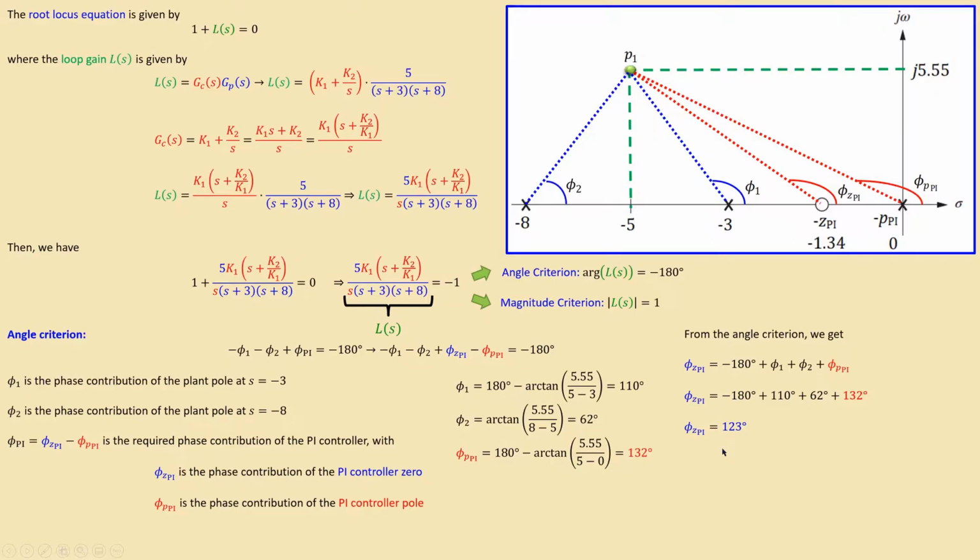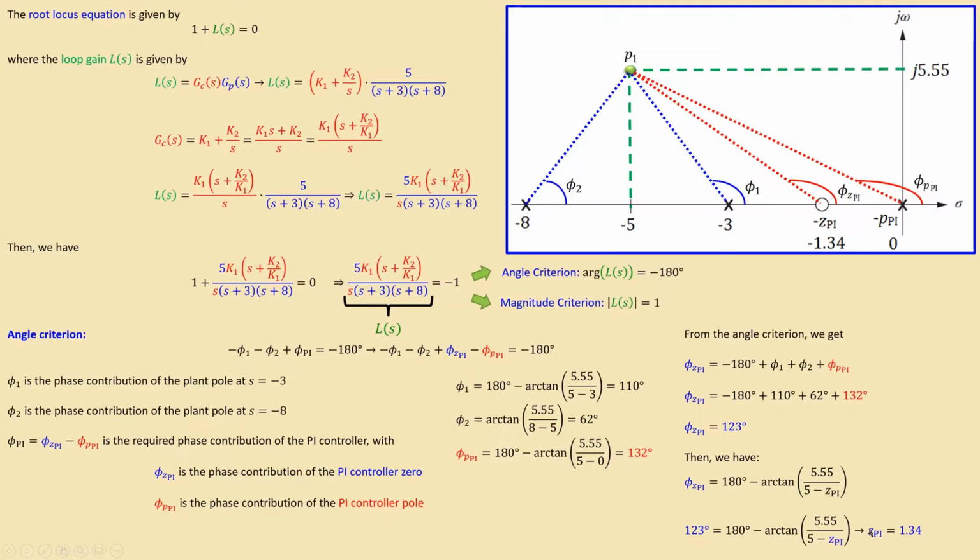So what we have is the following. I look at the location of the zero, which is here, and then I can say it is also a phase contribution. It's also a calculation using 180 degrees minus this part. So it is the half circle minus this part of the angle. So it is 180 degrees minus arctangent, the height divided by 5 minus that location. We don't know that yet. The answer is given already here, but this is the calculation you really need to do. So what you then get is the following. You just substitute the values, and you will have then the zero of the PI, which is given as